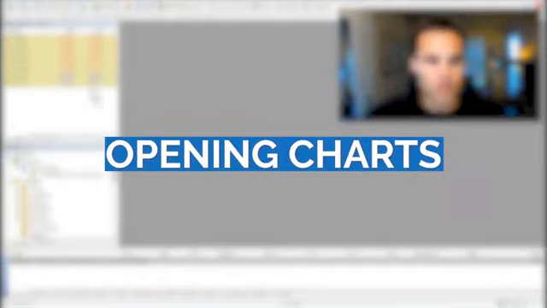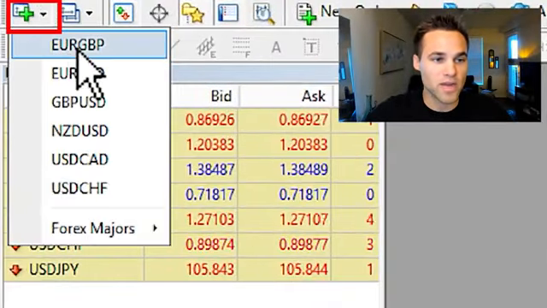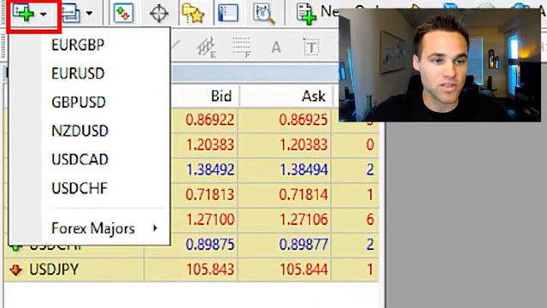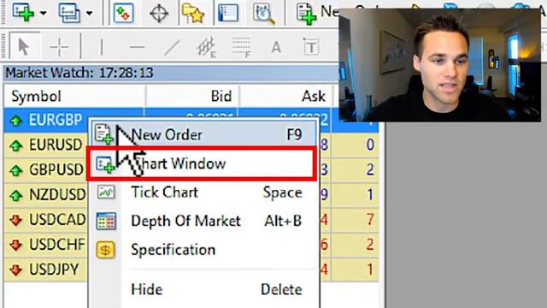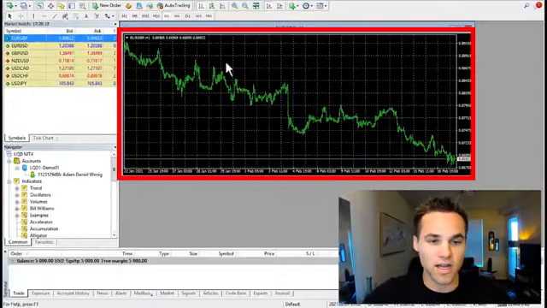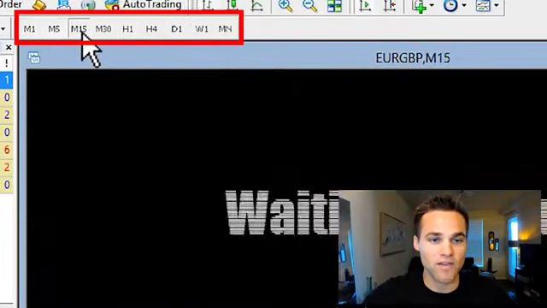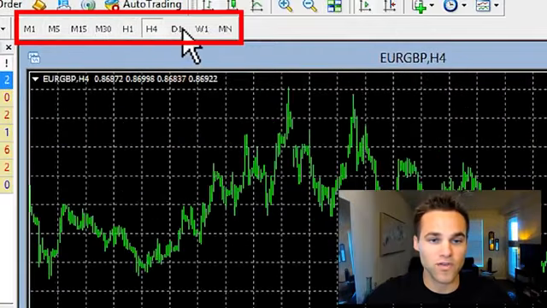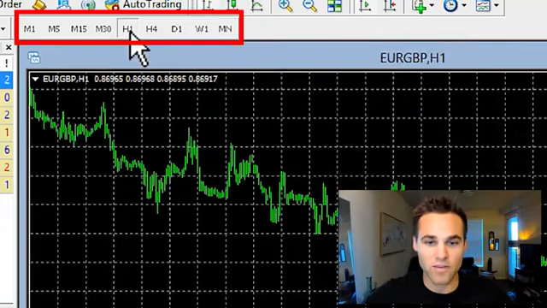Next thing, how to open a chart. Basically there's a couple of ways. You can open a chart from here and click on the pair that you'd like to open, but the way that I do it is I just right click on the currency pair that I'd like to trade, and then I click chart window. Okay, and there you can see it's opened a chart just like this. Now, as far as changing the time frame, you can see up here, you can change it to the M1, M5, M15, M30, H1, H4, daily, weekly, or the monthly chart,